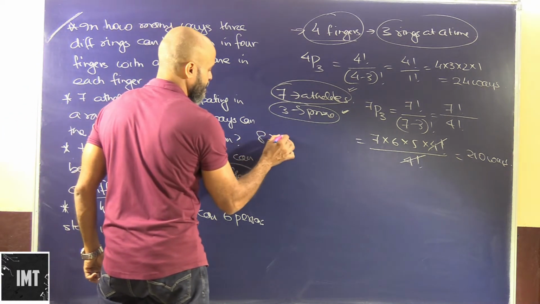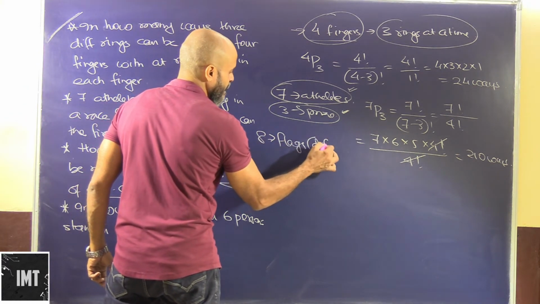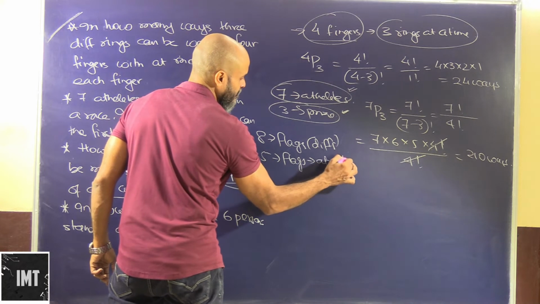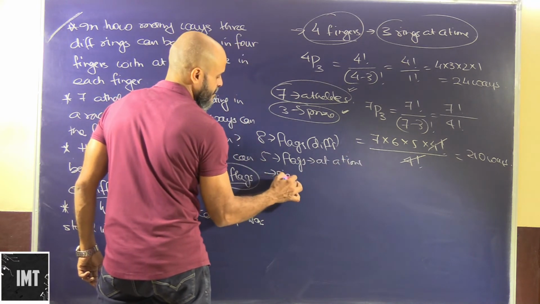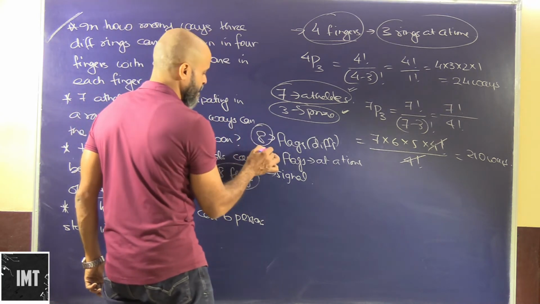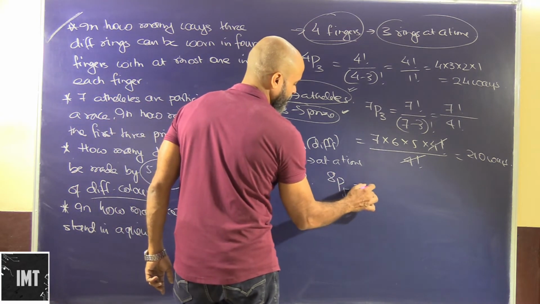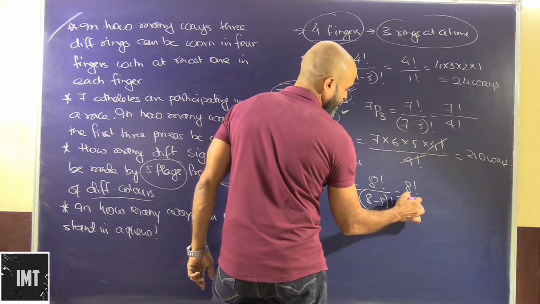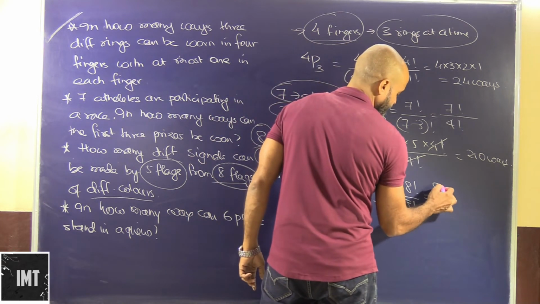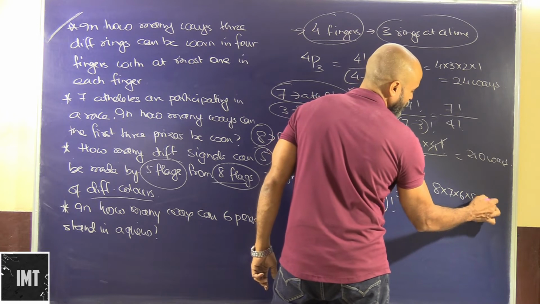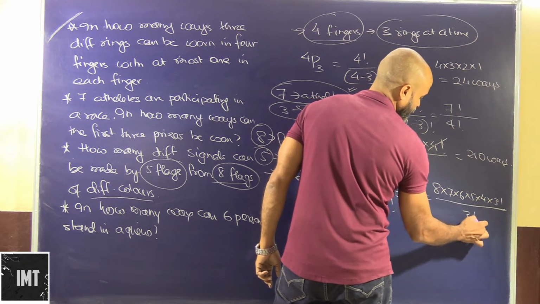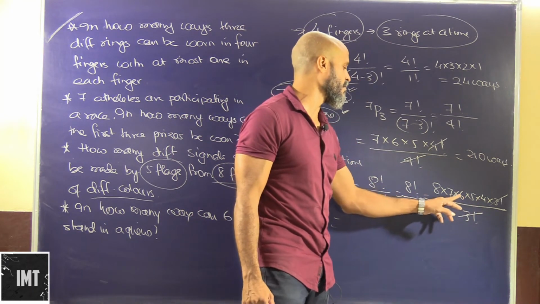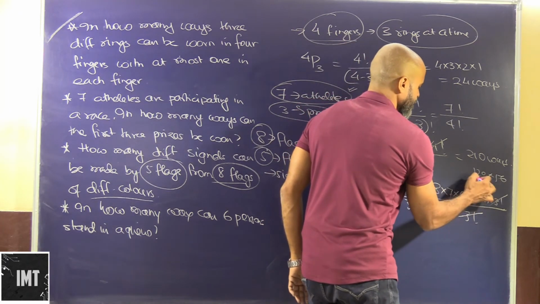So out of the 8 flags which are different, we have to take 5 flags at a time to make a signal. In how many ways would this be possible? N events taken r at a time, so this will be 8P5. That will be factorial 8 upon factorial 8 minus 5, that is factorial 8 upon factorial 3. That will be 8 into 7 into 6 into 5 into 4 into factorial 3 upon factorial 3. So this will be whatever the result comes out to be. 5 4s are 20, 20 6s are 120, 120 into 56, whatever this comes out to be.